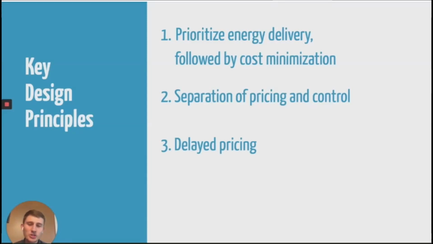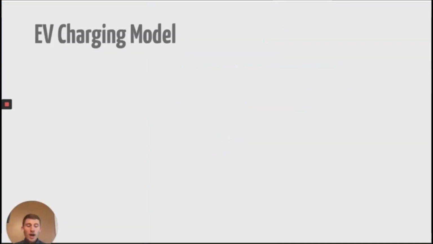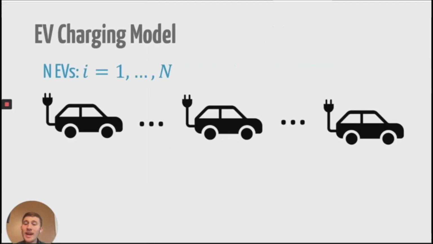And this one might seem a little strange, because what it means is that we're not going to charge users until the end of the month, the end of the billing period that the utility gives to our charging system operator. And the reason for this principle is that until the end of that billing period, our charging system operator doesn't know their real costs. They have not realized those costs. And without knowing what those costs are, we can't fairly allocate them to all users. And so what we do is we actually will send a bill to every user at the end of the month.